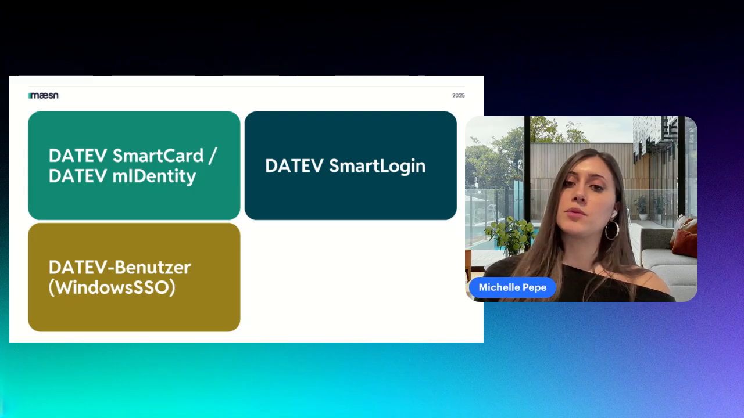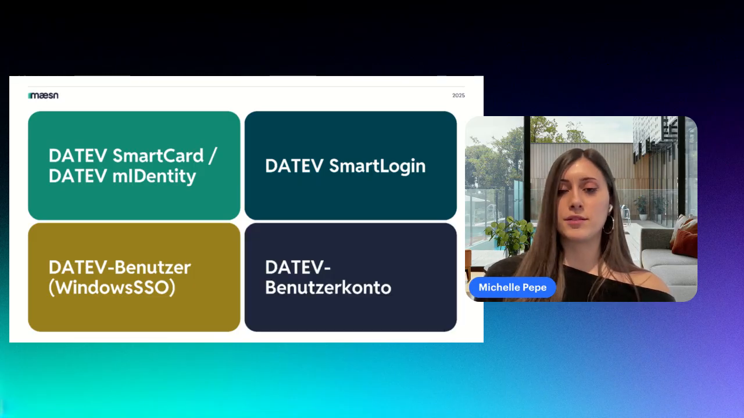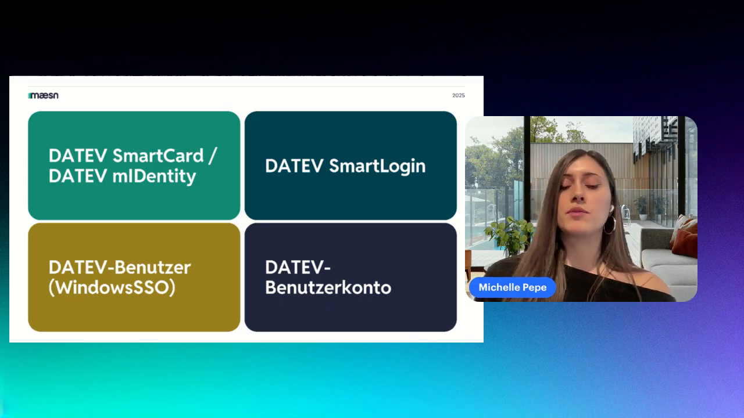Then we have DATEV Benutzer or Windows SSO. This login method is automatic and is not really displayed to the user. It happens, I would say, when the parameter enable Windows SSO equals true is attached in the authorization request. The last login method is the DATEV Benutzer Konto, and this login method must be chosen when